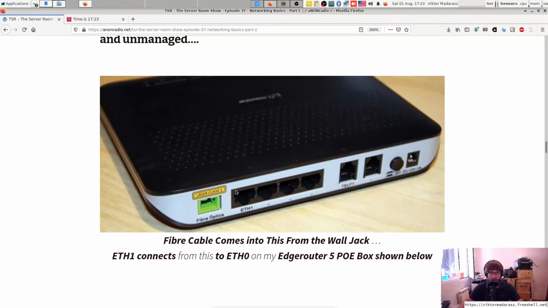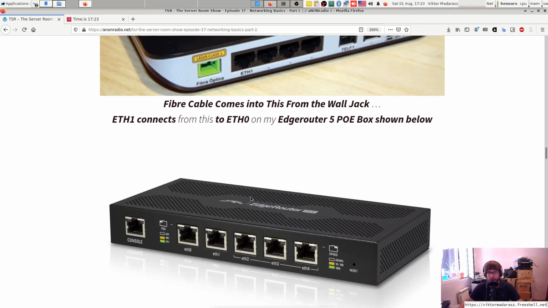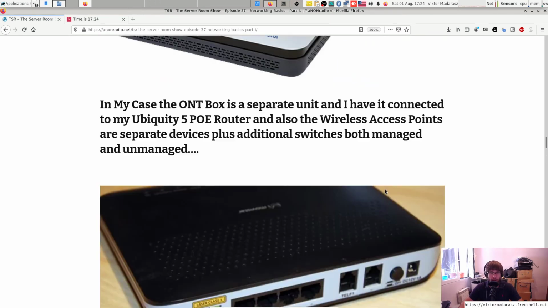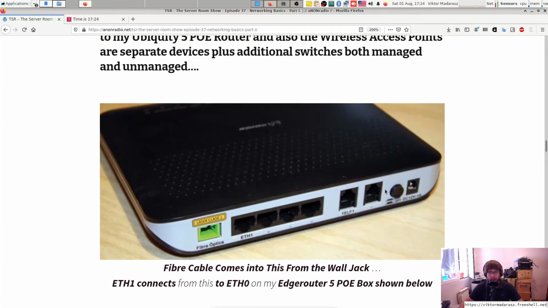media converter was in a separate box. I show another picture or a photo of it, and this is actually the setup I have, that I have this separate ONT box, and this converts the fiber coming in through the wall and the wall jack to RJ45, and then from this ETH1, for example, of this ONT box, I connect one cable to, in my case, as you see, my Ubiquiti EdgeRouter, to the ETH0 port, which serves as my WAN link, and the rest is very straightforward. Honestly, I like this setup because